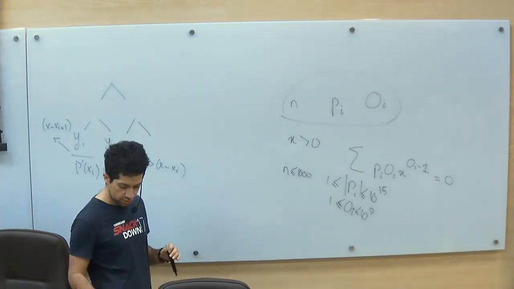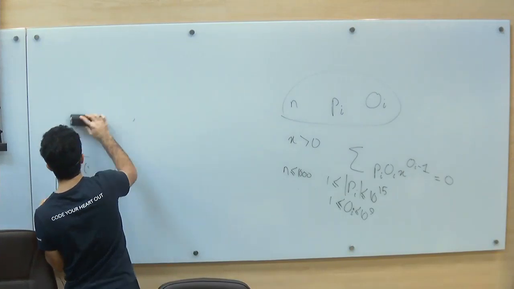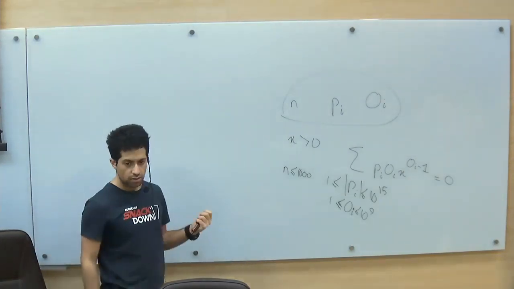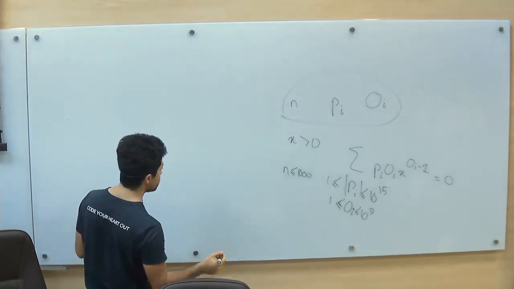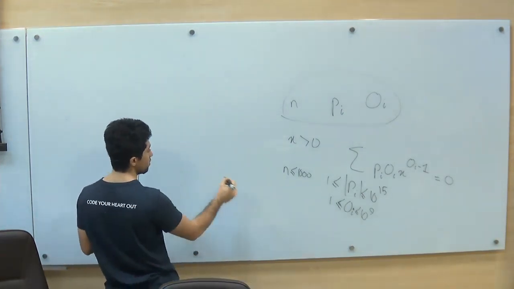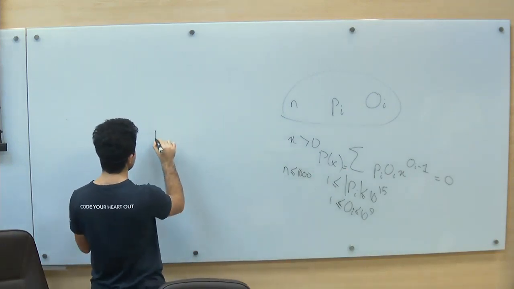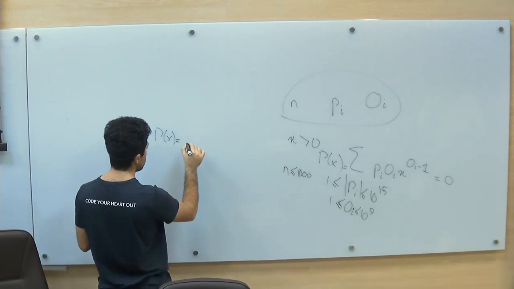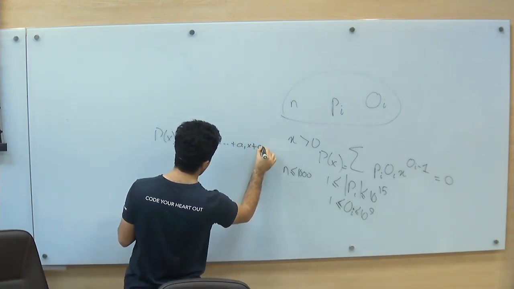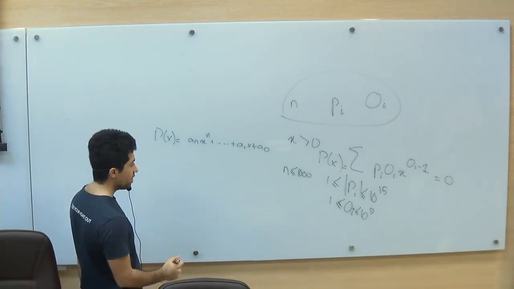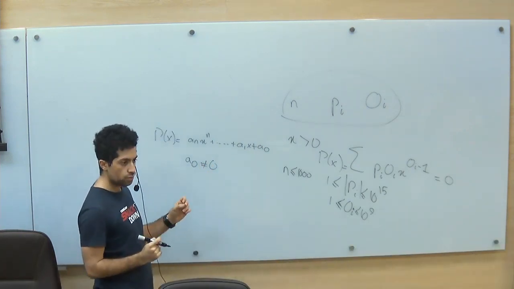So now let's continue the problem. The idea to solve the problem is that first consider that we have this, a p of x. You can see p of x as a_n x^n plus ... plus a0. If a0 is not equal to 0,